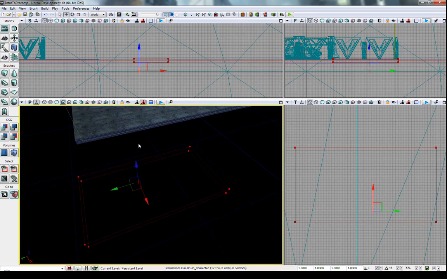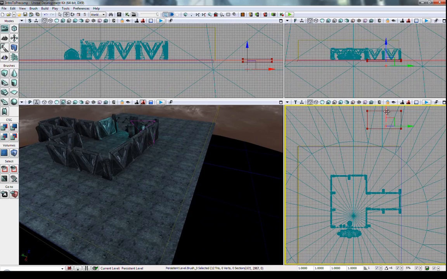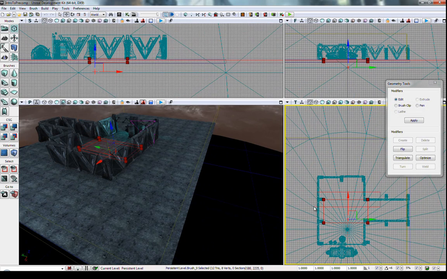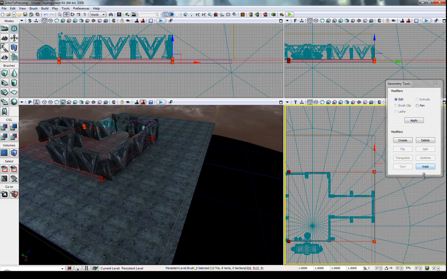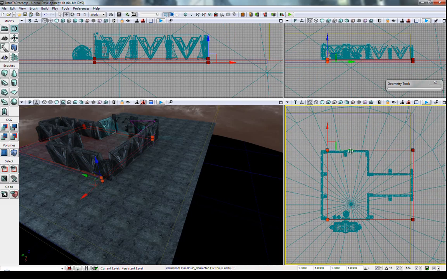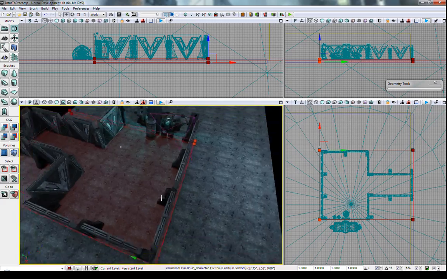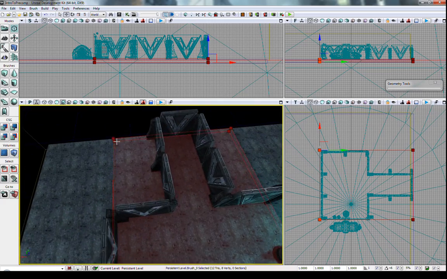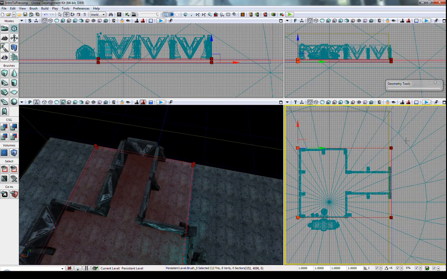So we're going to move to our builder brush and bring it down to our level. What we could do is we could just have one volume like this that covers the whole area that we're after in one volume. That would be fine. We will get volumes here which aren't necessary, so what we can do instead is